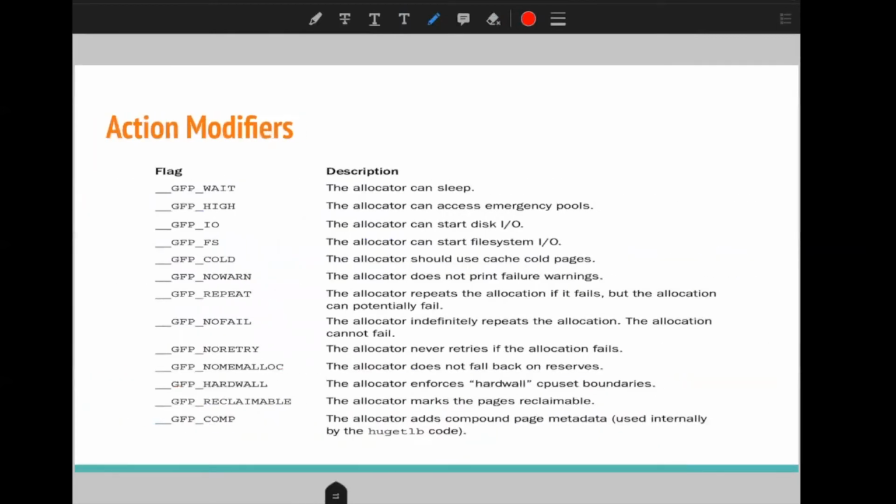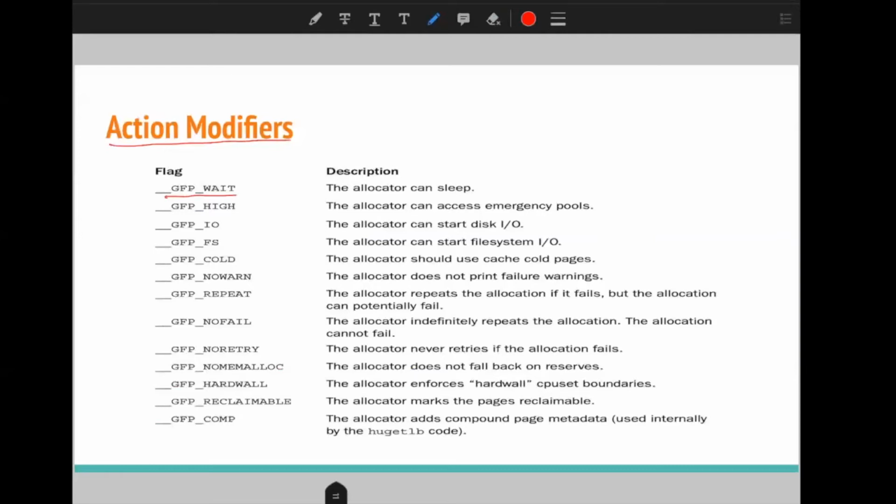The action modifiers tell the memory allocator what it can do while allocating the memory. GFP_WAIT says that when the allocator is allocating the memory, it can sleep, which means our allocation can take more time.